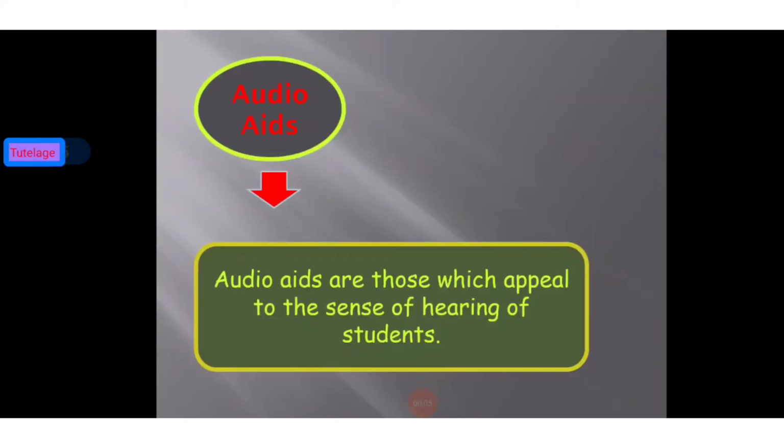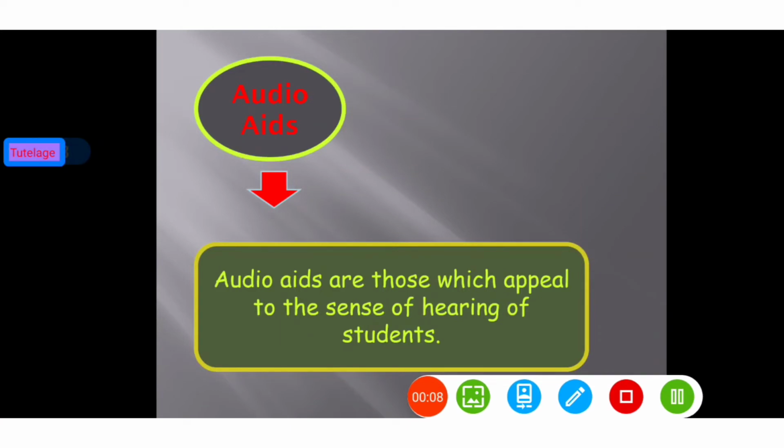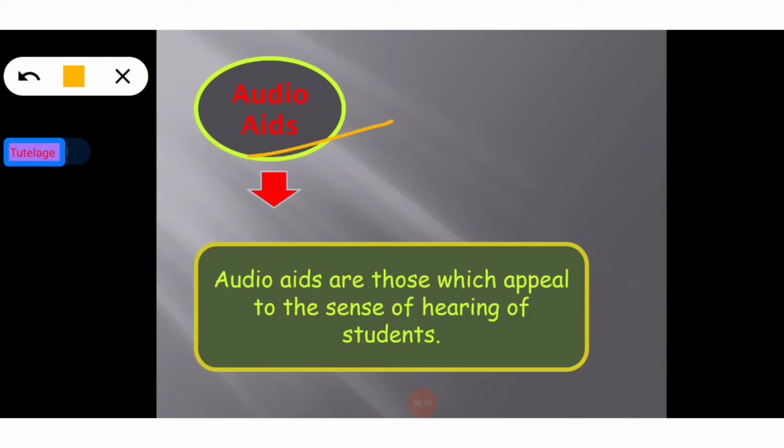So here this is the first teaching aid, that is the audio aids. Okay, so from the name we have already